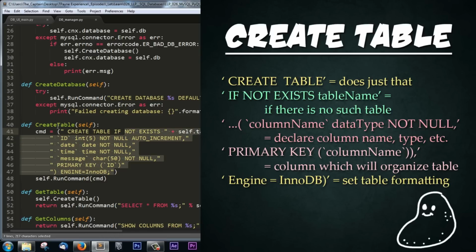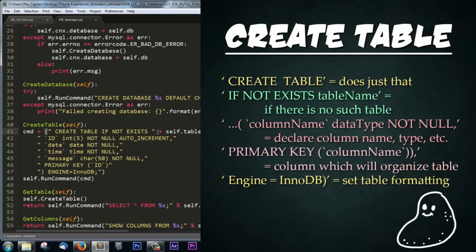Minor note, another way that you can combine a whole bunch of strings together in Python is you can actually use these parentheses on either side, and this way you don't actually have to use the plus sign connecting each of these statements together. It'll actually do it automatically. So after this creation of the table, so after you declare that you're going to be creating a table in MySQL,